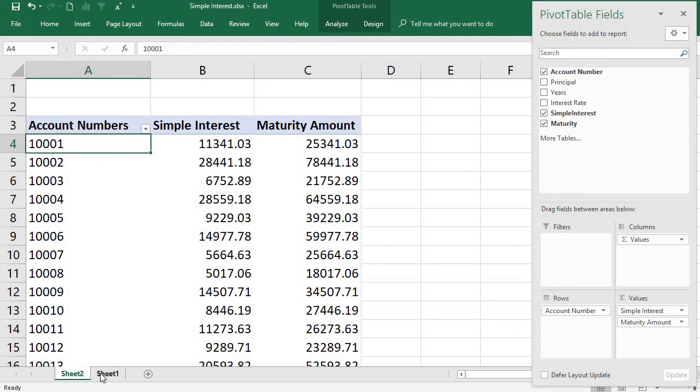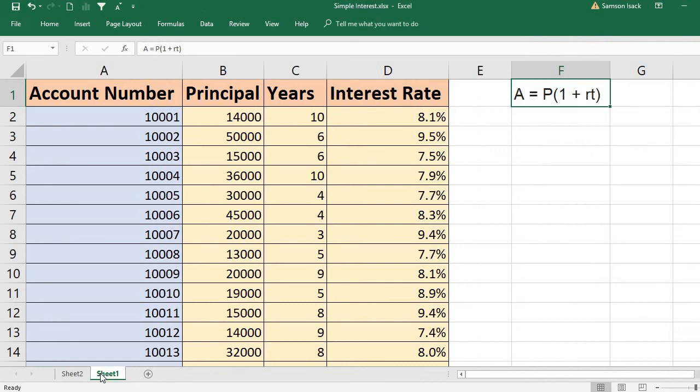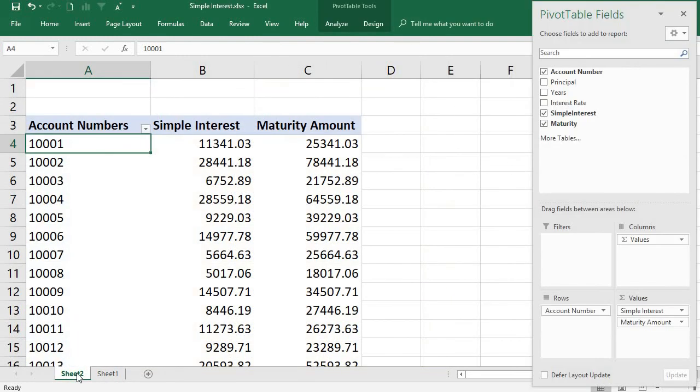For account number 10,001, you got 14,000 as the principal amount, so 14,000 plus 11 you got the maturity amount